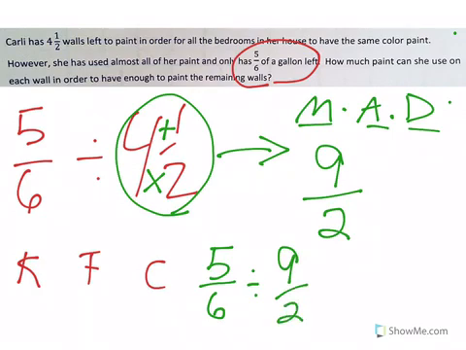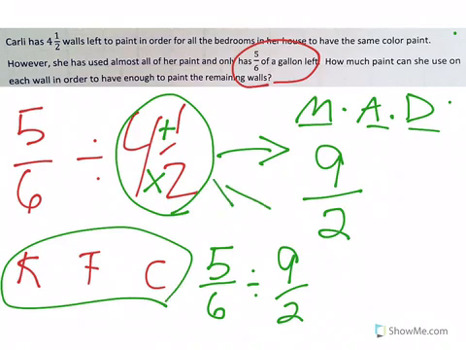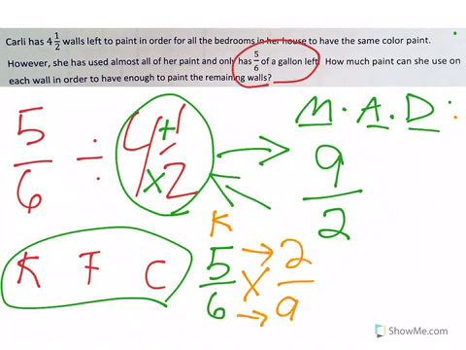Now, we have not done the keep, change, flip yet. We've just converted our mixed number into an improper fraction. So now we're going to keep 5/6 the same, make the division multiplication, and instead of 9/2, we're going to turn that into 2/9. We're going to multiply straight across. 5 times 2 is 10. 6 times 9 is